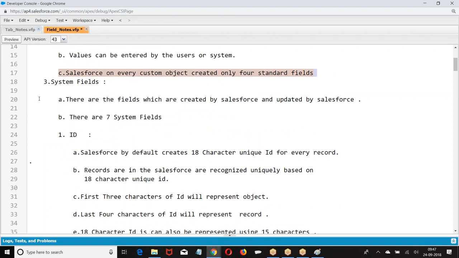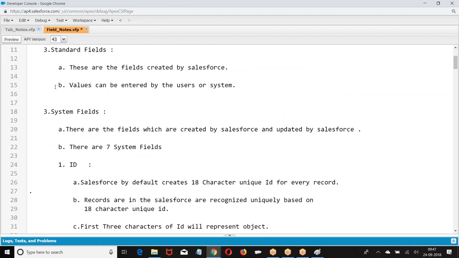If the user enters the value, or if the system auto generates the value, then they are called fields in the record.